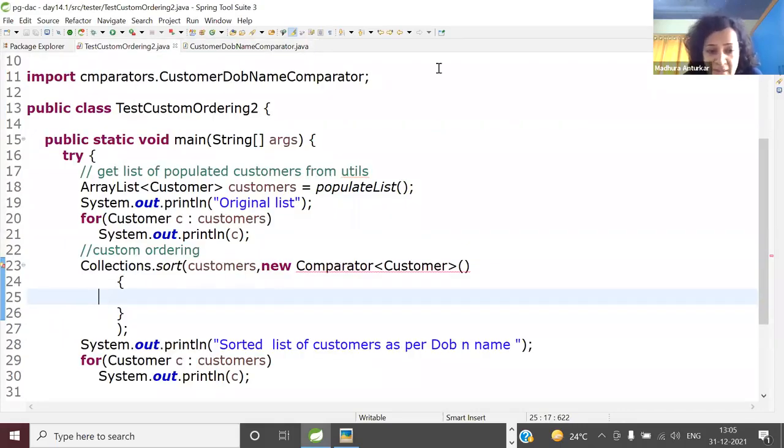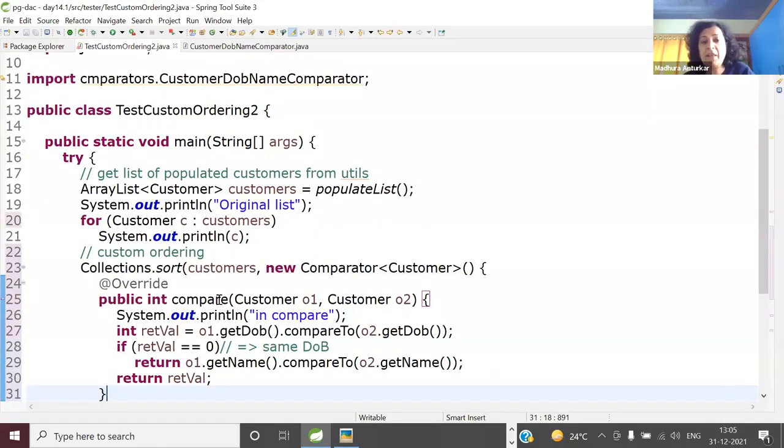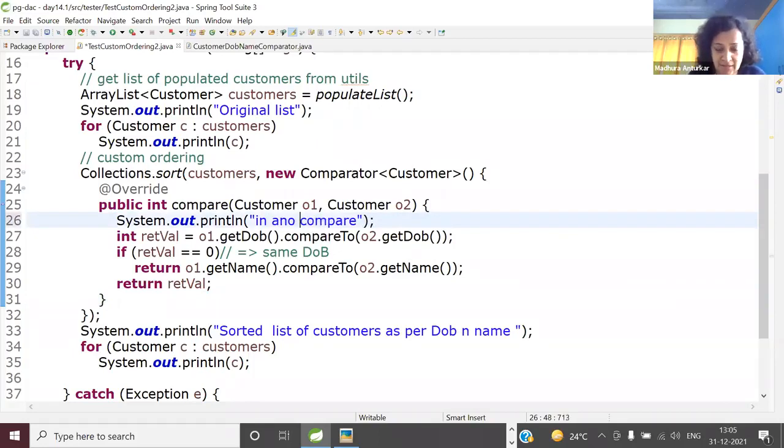And simply paste it inside. Control V. And you can say Control Shift F for formatting. And here you can change this to anonymous inner's compare, so that you'll know whether it is getting called.